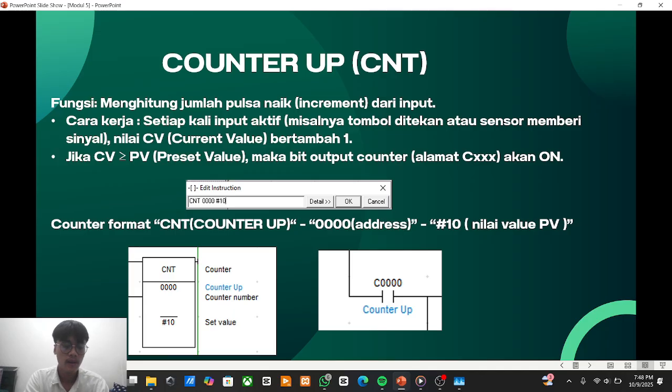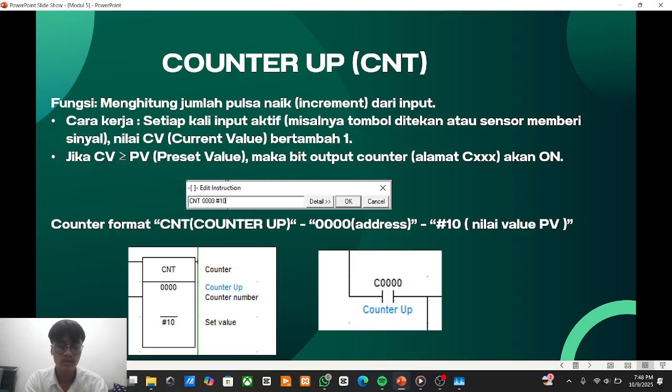Explanation: the counter up CNT instruction in a PLC is used to count how many times an event or input signal occurs, for example if a button is pressed repeatedly or a sensor detects objects passing.